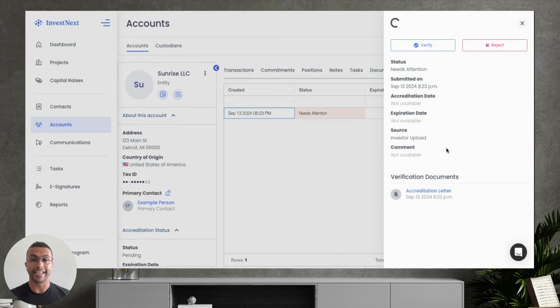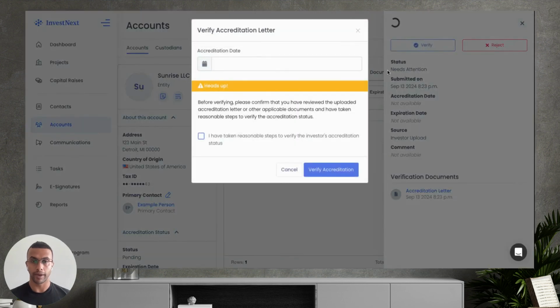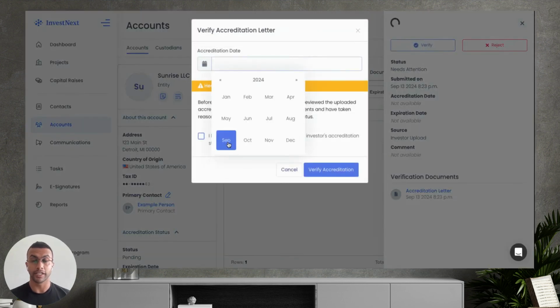This drawer contains details including status, submitted accreditation, and expiration date, as well as the source and a link to open the accreditation letter. At the top is the option to verify or reject the accreditation letter after you've reviewed it. I'll click Verify. I'm then prompted to input the accreditation date of the letter